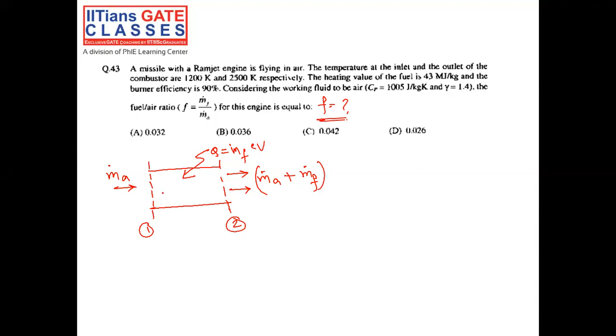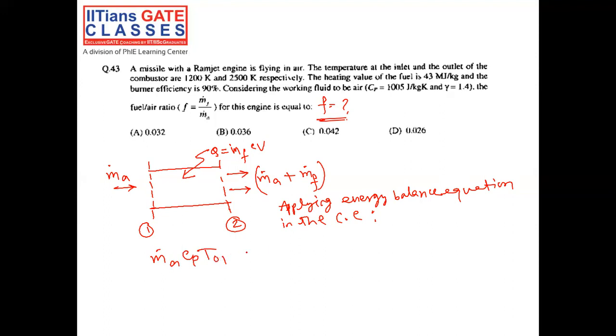Now if we just apply the energy balance equation in the combustion chamber, the total energy of the fluid entering the combustion chamber is ma dot cp to1, right, plus